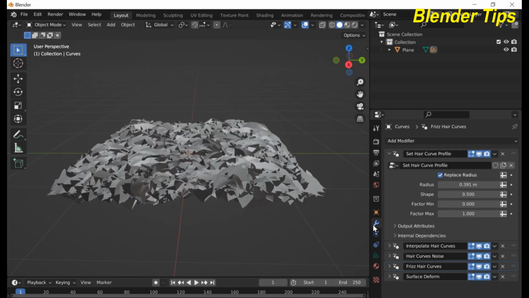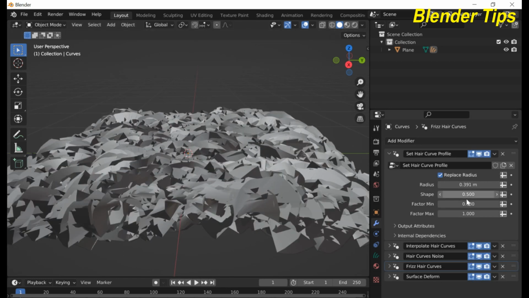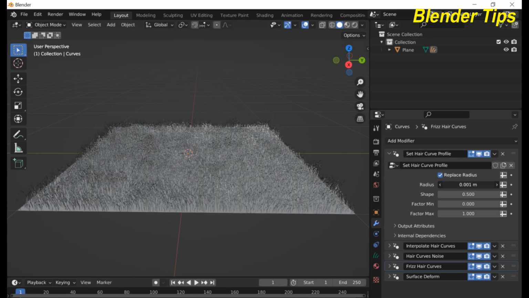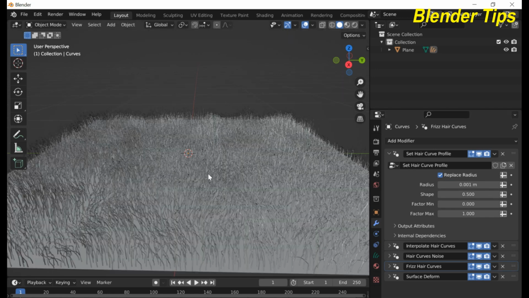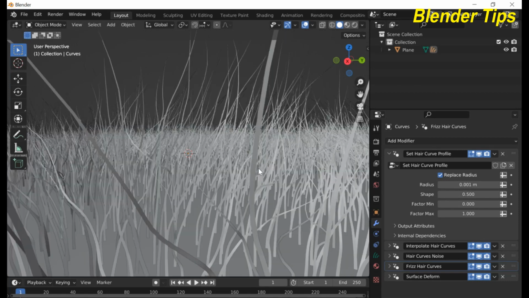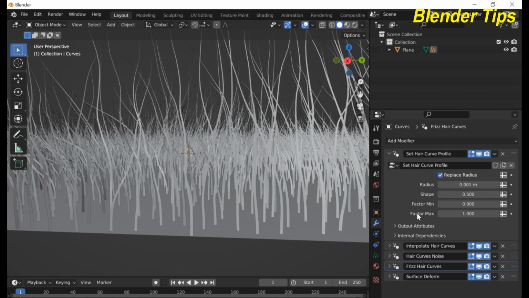Now you can see that the radius of these curves is changing. By default it is 0.001, and here are the shapes of hair strands, and if we increase this value, you can see